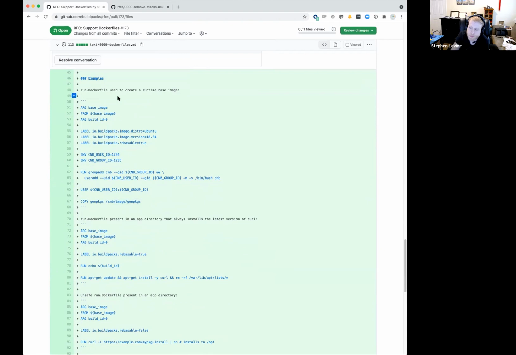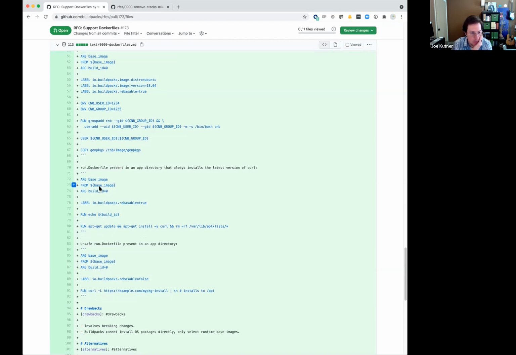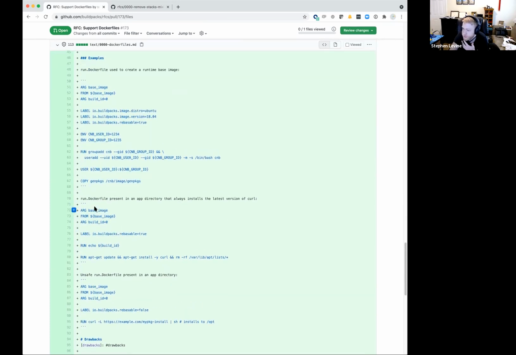Exactly. But that still takes base image as an arg, or that's just an arbitrary arg? It takes base image as an arg because I made all of the Docker files in every case have that. Got it. Yeah, I get it. And then the one below it is an app-provided Docker file that would extend the one above it. Yes, this is an app-provided one, exactly. I get it. That's what one app developer has to do.